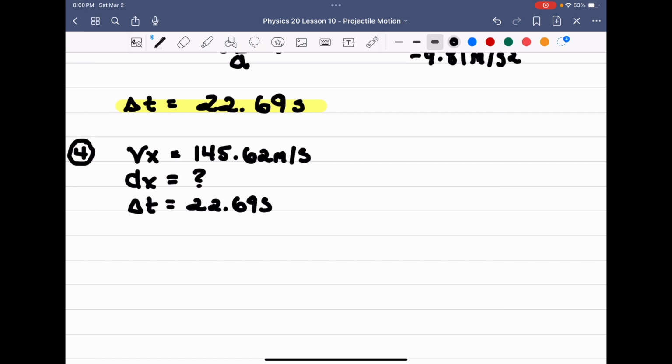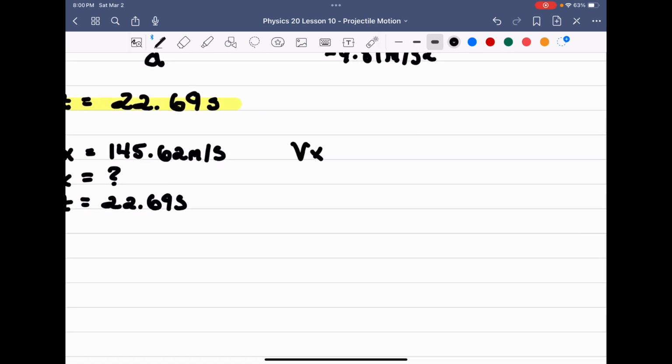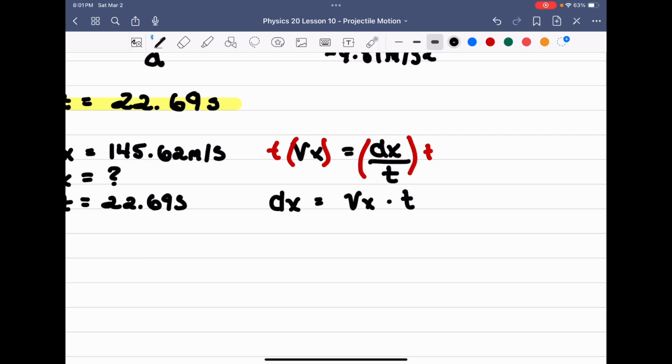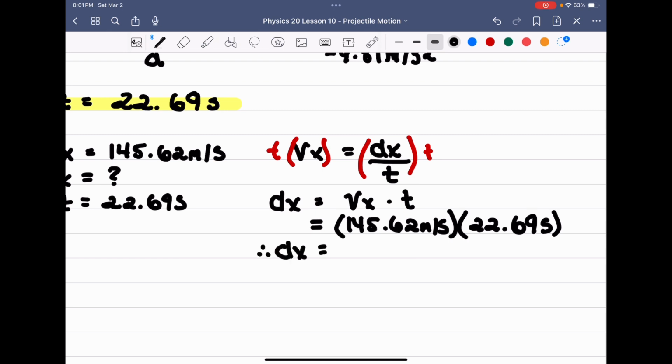Now, putting this together to get dx, here's what we're going to get, where vx is originally equal to dx over t, which is the first equation on the formula sheet. I'm going to multiply both sides by t, like so, and then this is going to give me where dx is equal to vx multiplied by t. Putting the values in, I'm going to get my vx was the 145.62 meters per second, multiplied by the time, which was 22.69 seconds,